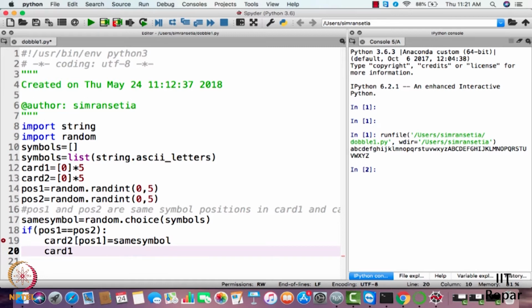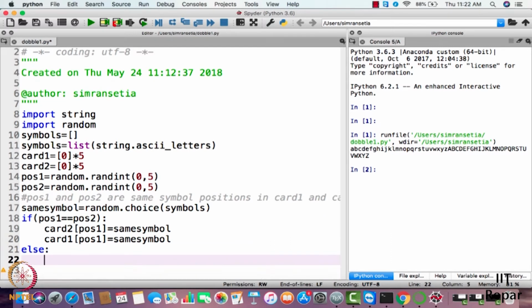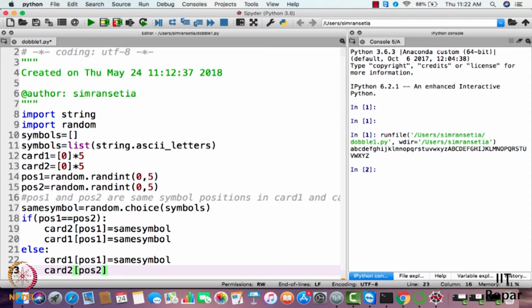Same with card 1, POS1 is equal to same symbol. If they are not equal, then we need to take care of some things here. So concentrate. We'll have card 1 POS1 as same symbol as we discussed earlier, and in card 2 at position 2 we'll have the same symbol.